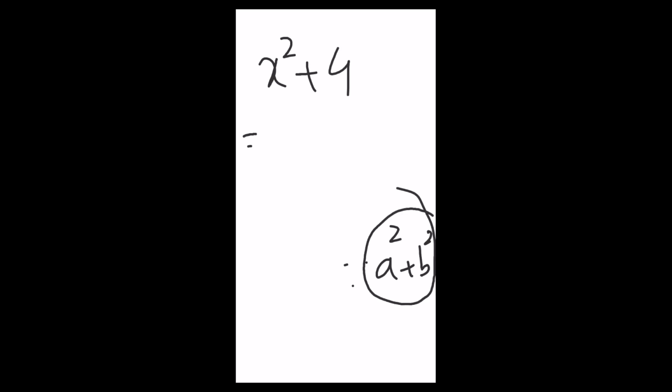Okay. So if I write x squared plus 4, now I am following the formula which is a squared plus b squared, because once we are done with the minus 1, we're going to apply the plus 1 as well. First of all, we have to make the question in this form. We have to make a square as well as b square. How? If I write x square, and I know the multiple of 4 would be,